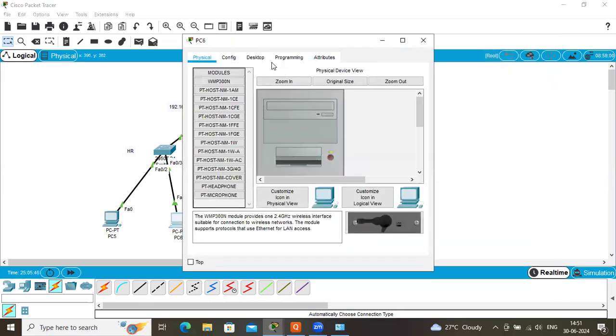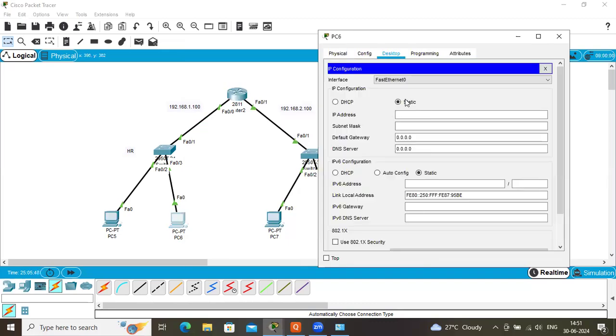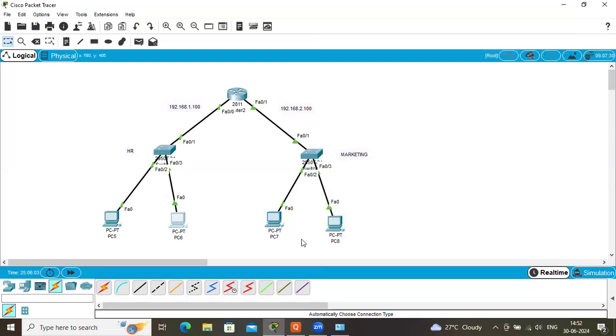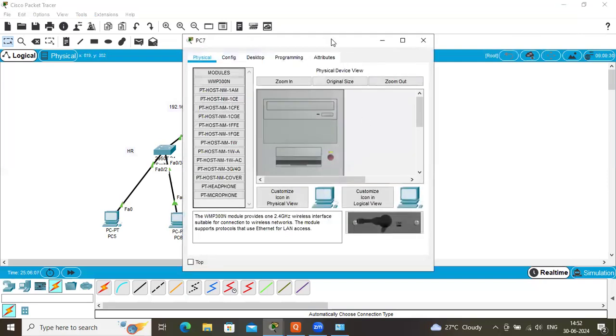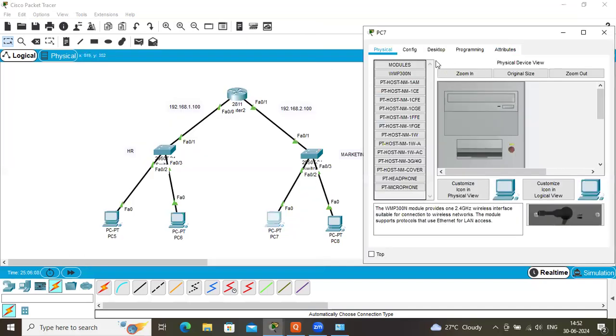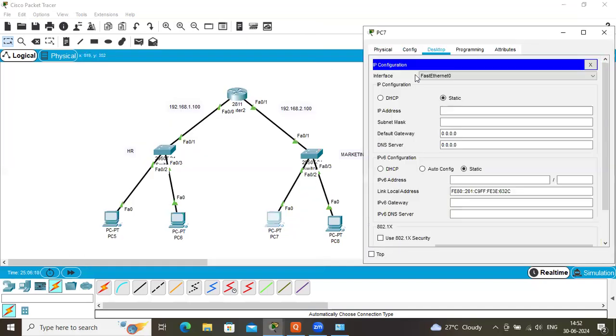Similarly, the second PC I'm going to check. Here I'm clicking on DHCP. Now I can see 192.168.1.2, the second IP, has been assigned. So they are in the same network, that is the HR department. Now I will click on the second network, which was the marketing one. If I click on the first PC, I'm going to check the IP address in the DHCP mode. So you can see it is